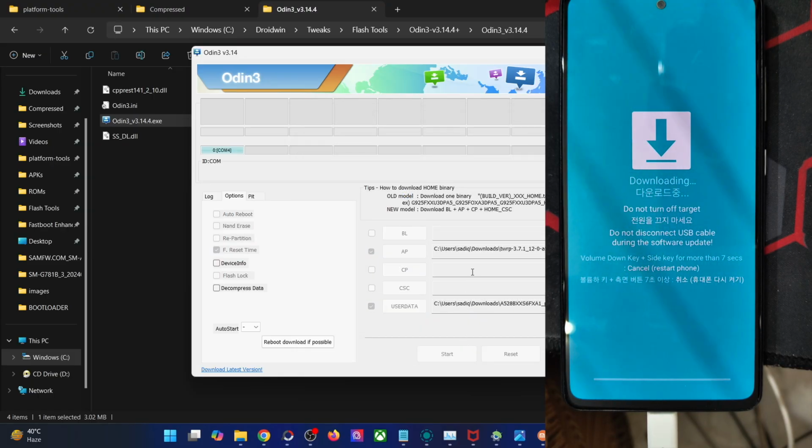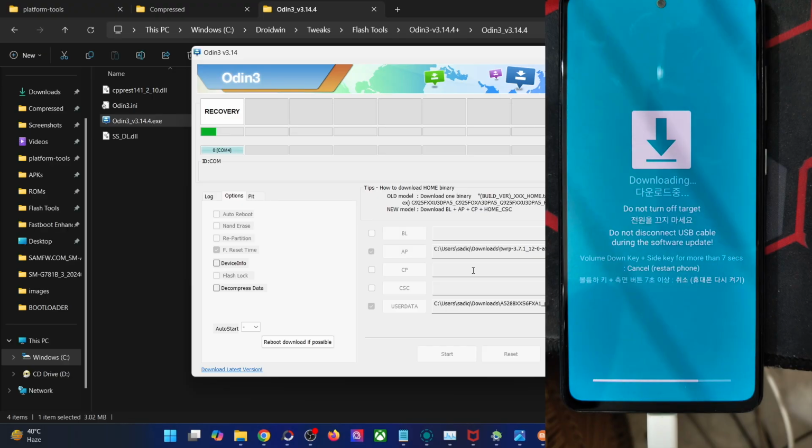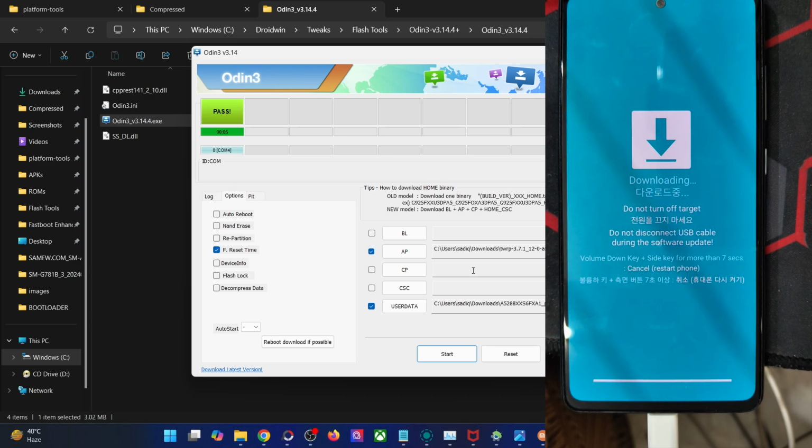The file will now be flashed onto your phone, and once the recovery has been flashed, you will now have to press and hold the power and the volume down keys for around 7 to 8 seconds until the phone is about to undergo a restart. Once that happens, let go of the keys and then press and hold the power and the volume up keys. So let me show you.